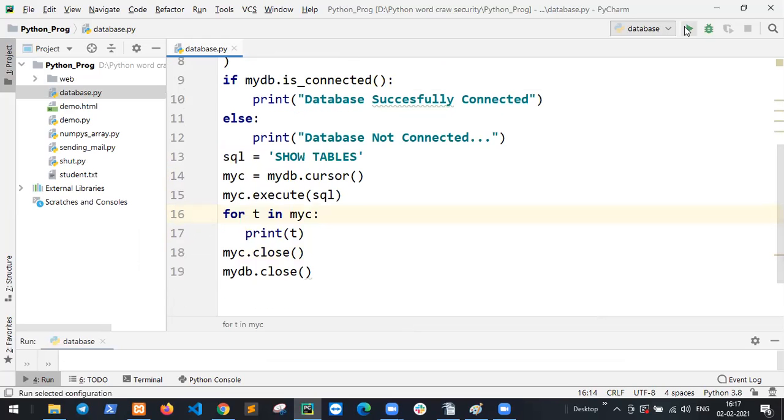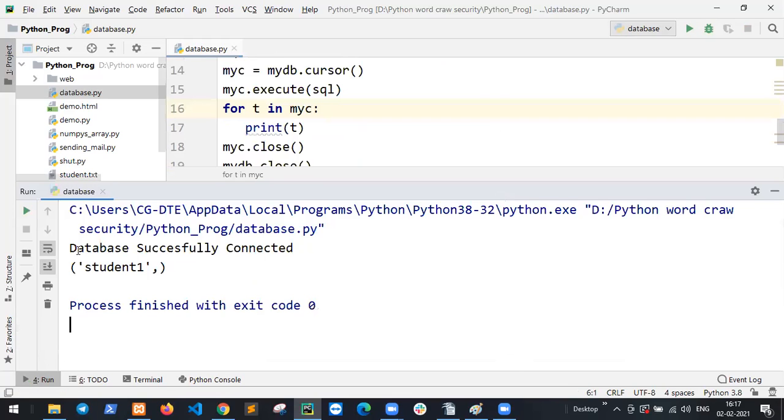So first of all, database successfully connected, student one. So show your tables.